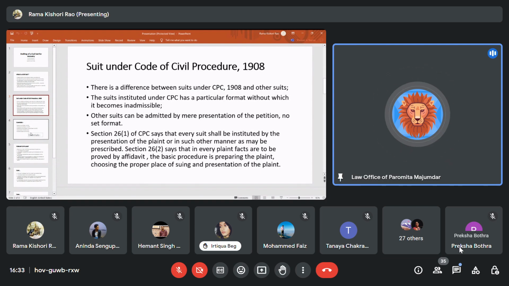Perjury is a completely different area of practice. If someone lies on the affidavit that the contents of the plaint are correct, they are liable to be prosecuted under perjury proceedings. That's why people usually refrain from stating anything which is wrong, or which cannot be proved by documentary evidence in a plaint, because they are personally giving an affidavit in support of that plaint.